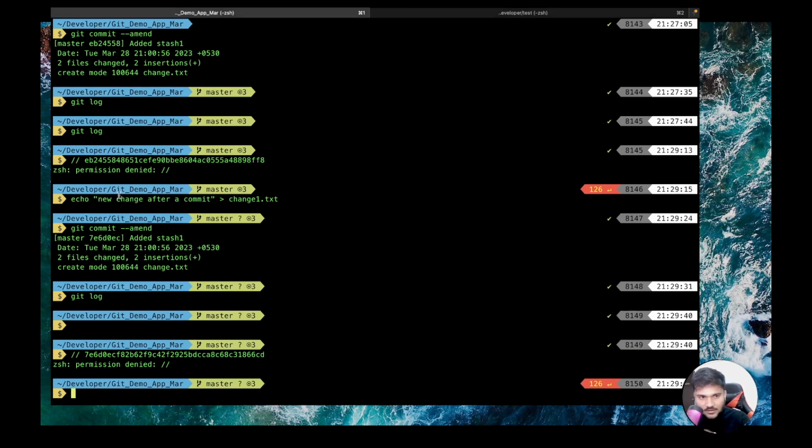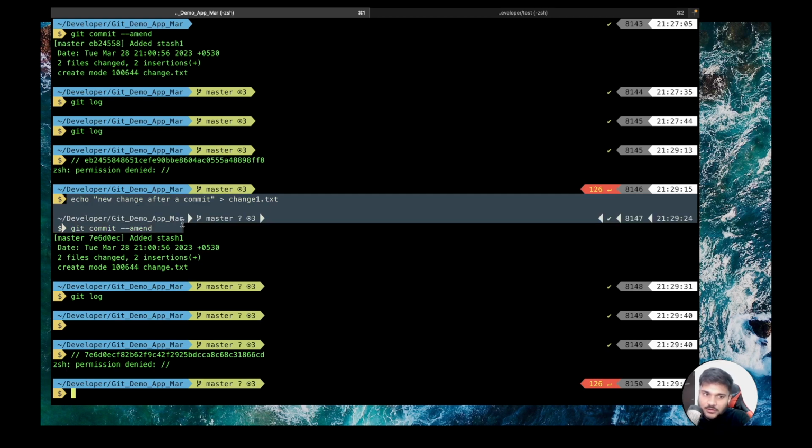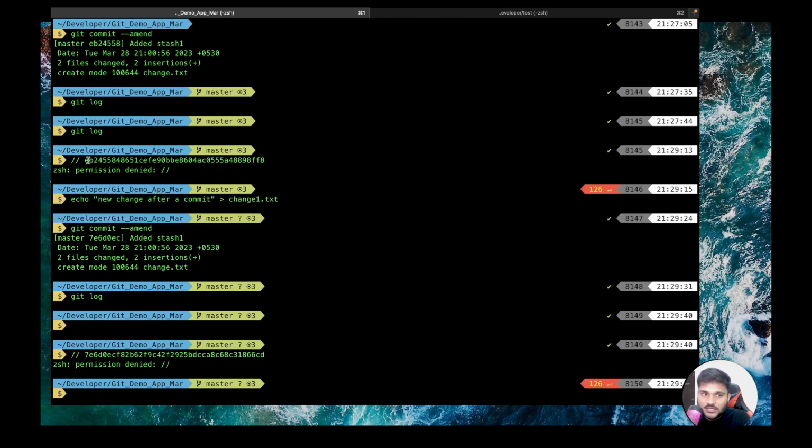One thing to note is that once you create a commit, it has a commit ID. Now you want to amend a new change into the previous commit. It's not like the same commit is changed, because a commit is an object. It is created from the commit message, timestamp, changes and everything. The timestamp is never going to be the same. So it's always going to create a new commit object with a new SHA-1 hash ID. This is something you have to keep in mind: whenever you amend something, you create a new commit SHA-1 altogether.